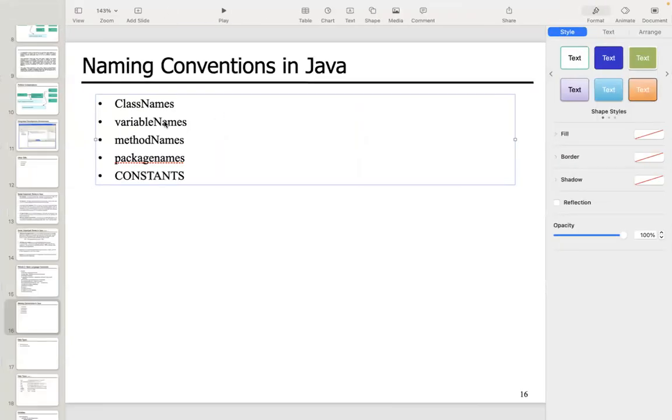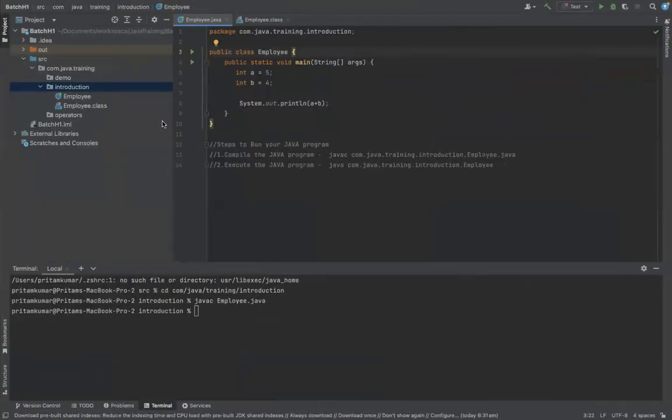Now let's see what naming convention we follow for variables. So variables are basically